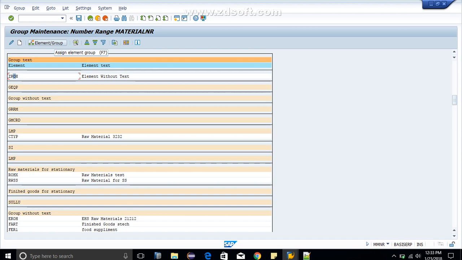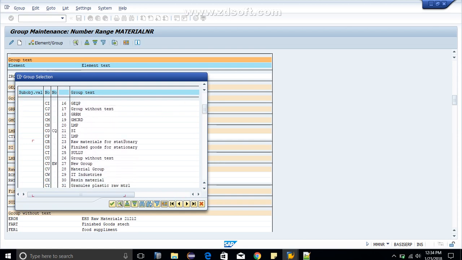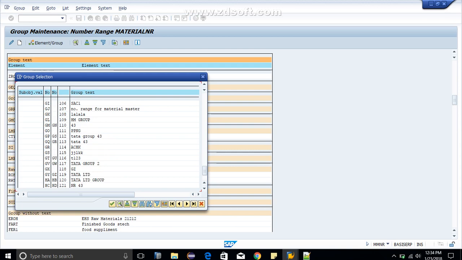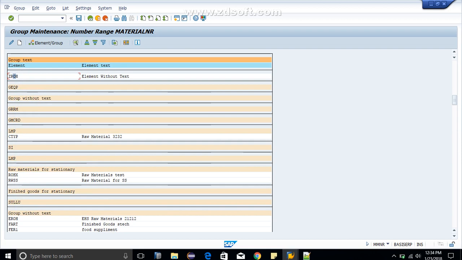Click on element group, select number range. You can select any number range from these, or you can also create your own number range. If you want to create your new number range,